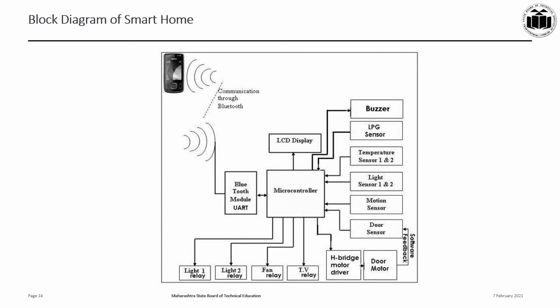So by using the mobile app, we can control our devices, monitor our devices, and by using the Internet of Things, we can control these devices from anywhere in the world. So with the help of this smart system, we can make our stay at home more secure, more safe, and more convenient.